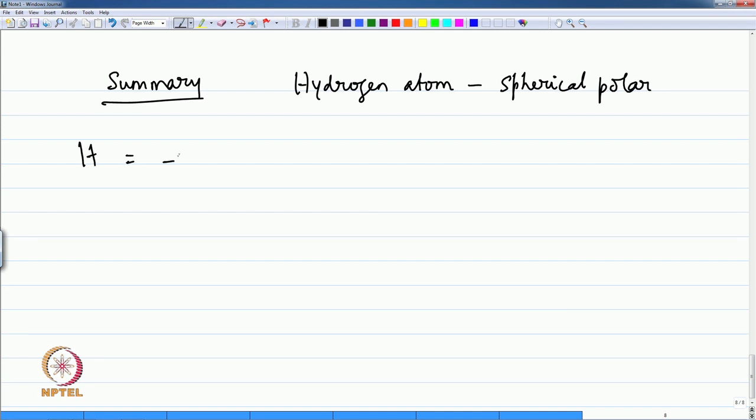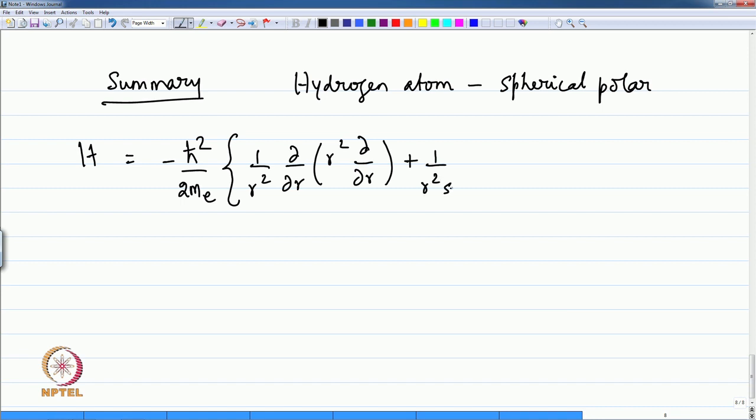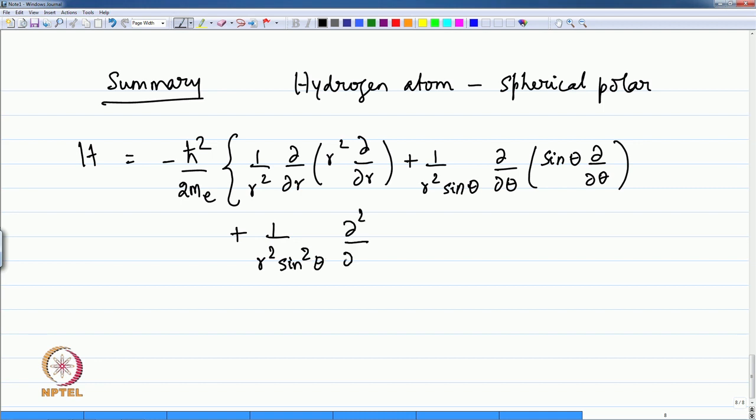The Hamiltonian is minus ħ² by 2mₑ, okay, 1/r² ∂/∂r of r² ∂/∂r, plus 1/(r² sin θ) ∂/∂θ sin θ ∂/∂θ, plus 1/(r² sin²θ) ∂²/∂φ², all of which is the transformation of the derivatives to the spherical polar form, and therefore this is nothing but the kinetic energy term in terms of the spherical polar coordinates with the potential energy minus Ze²/(4πε₀r),